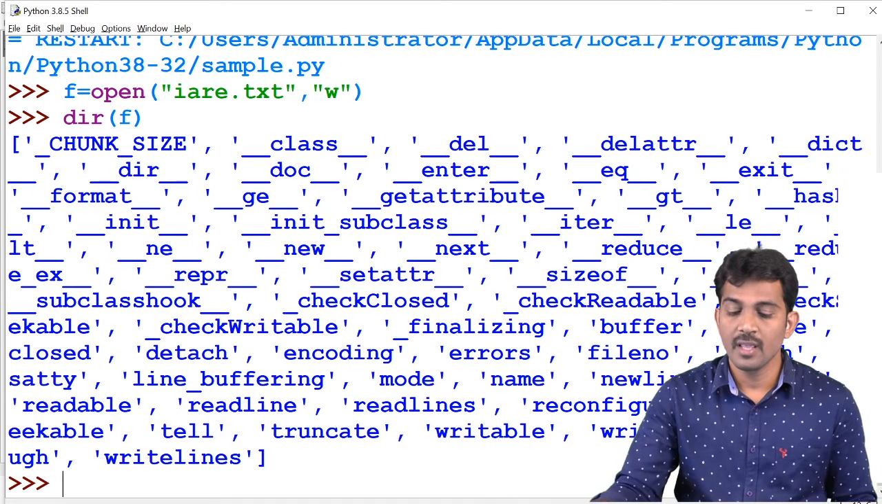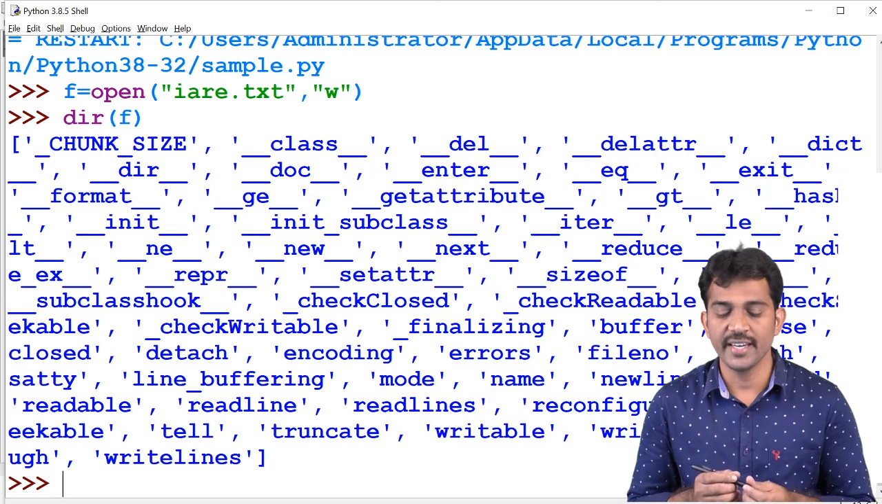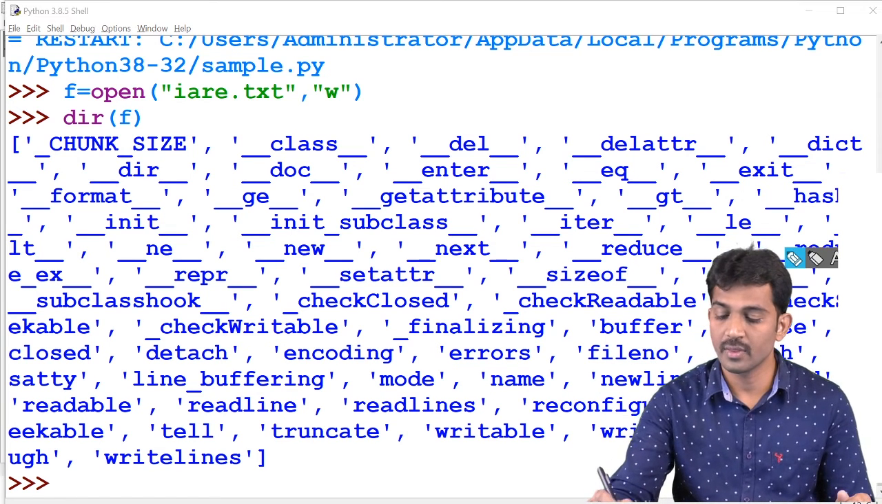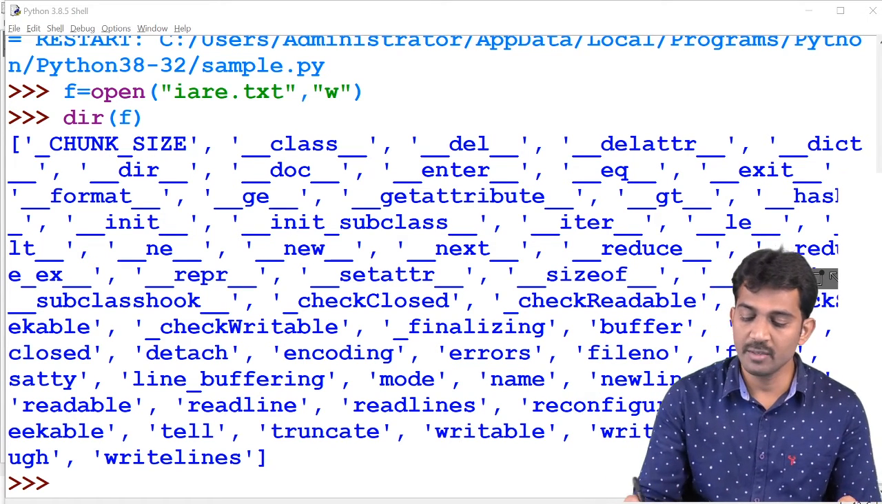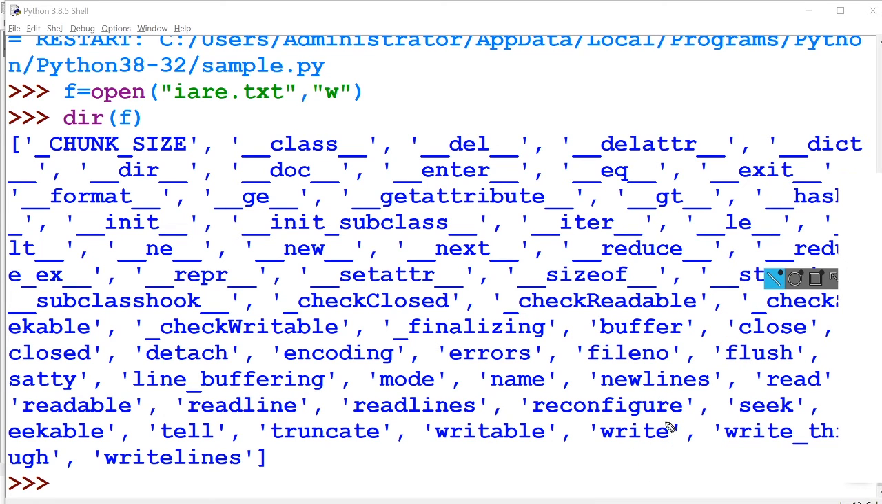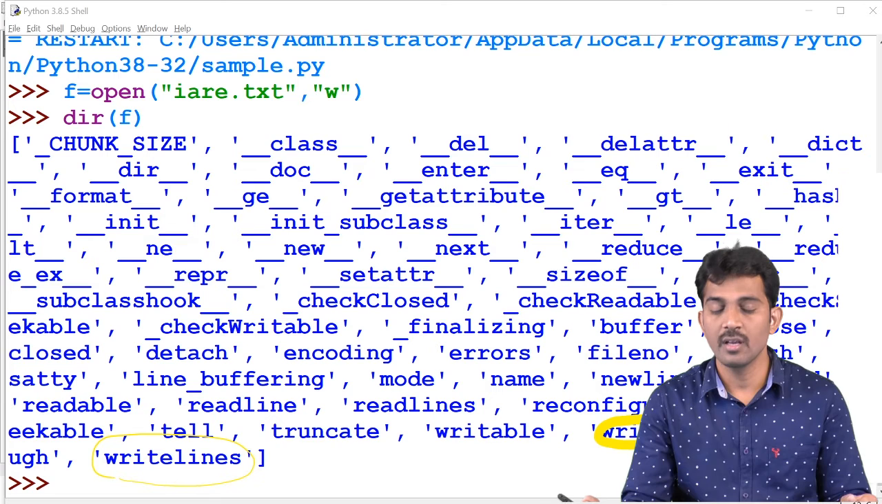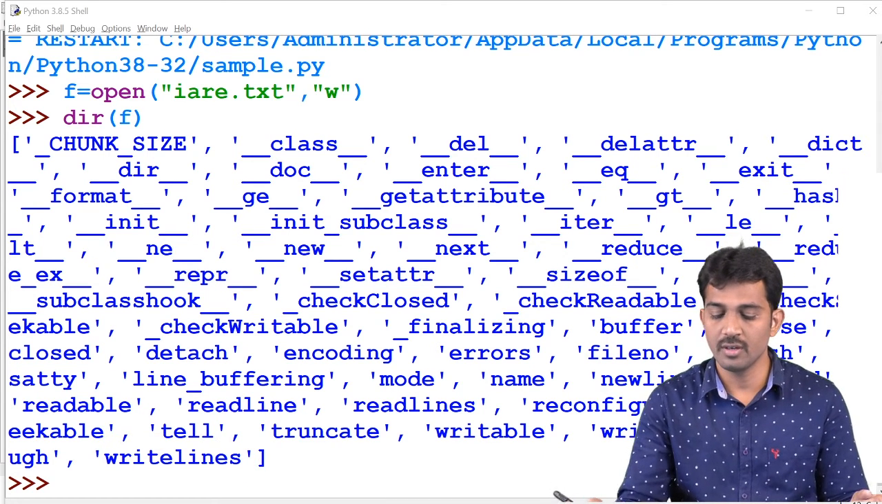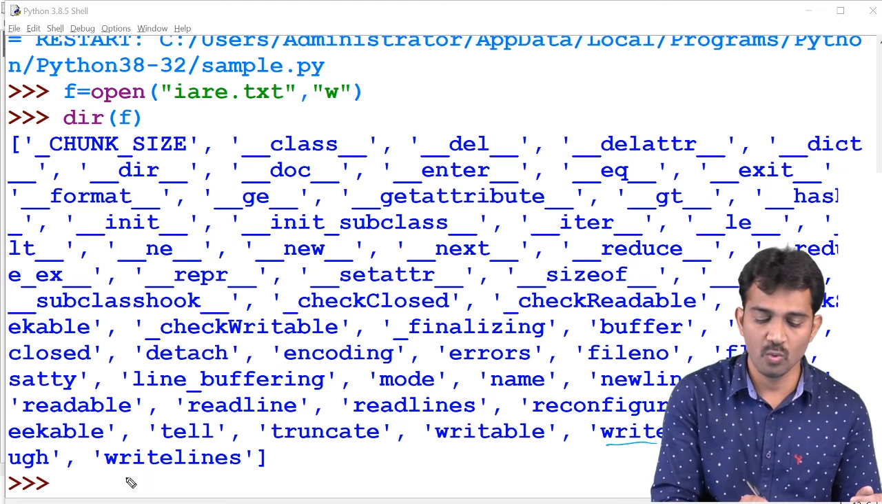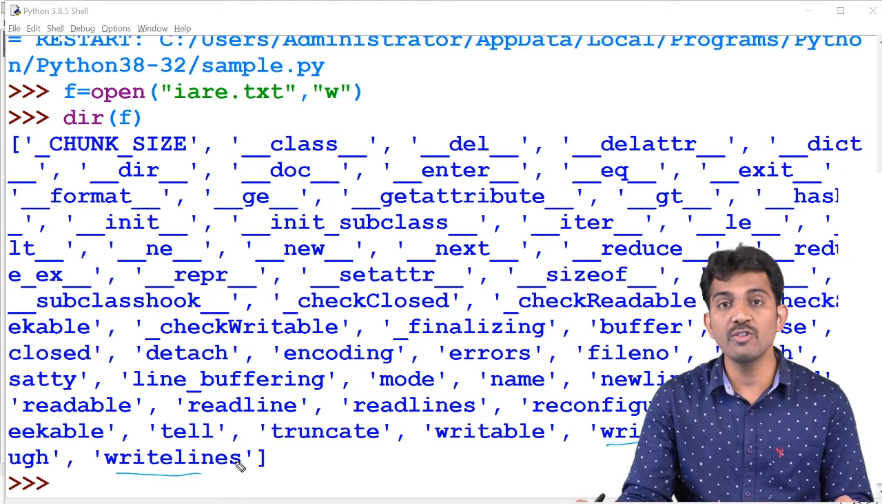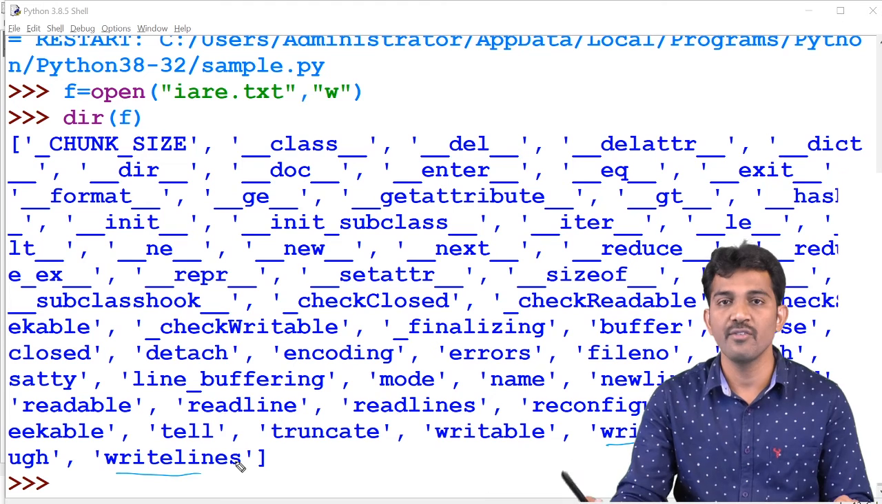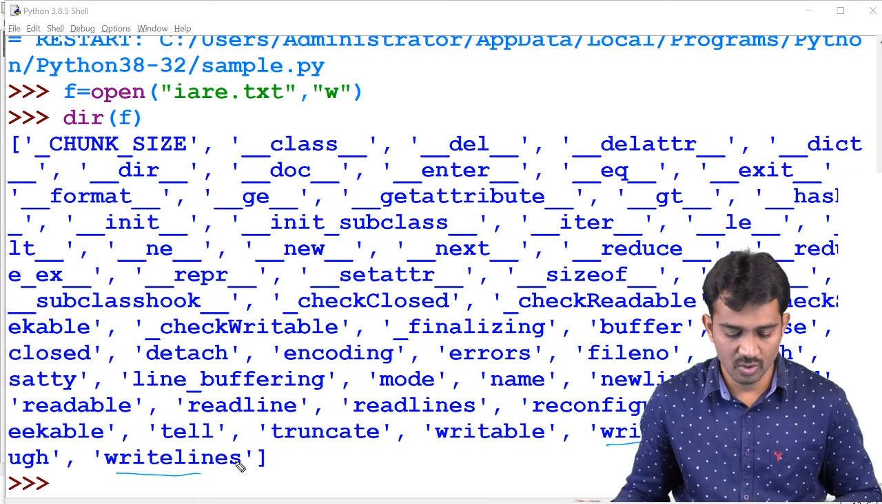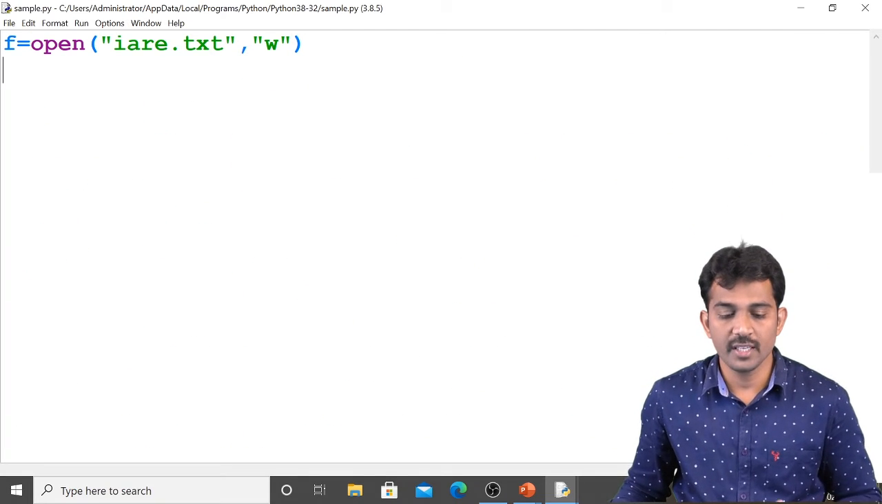Right? Here for writing the data, see. For writing the data, write methods are available. See here, write and writelines. These are the two methods available. Write as well as the writelines. By using write method, you are going to write the data into the file. Let us see how we are going to write the data. If you use a write method,